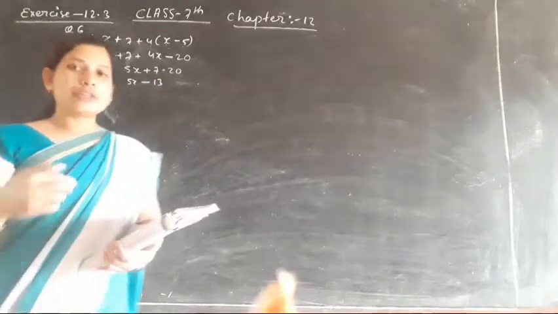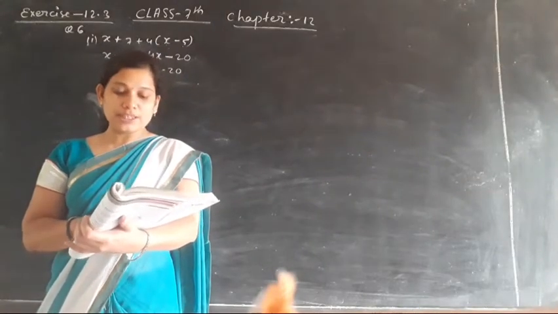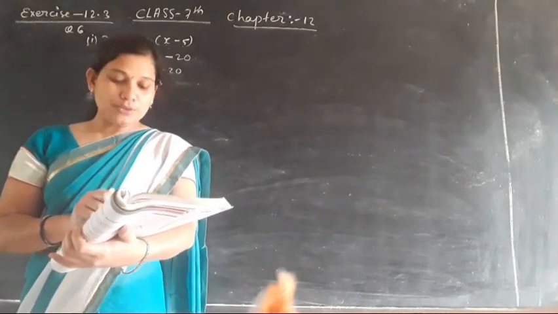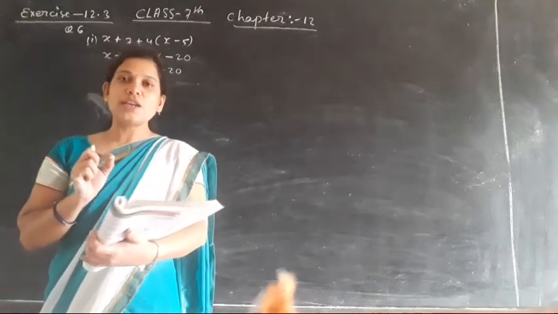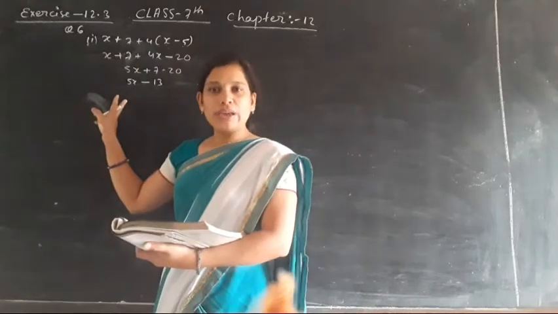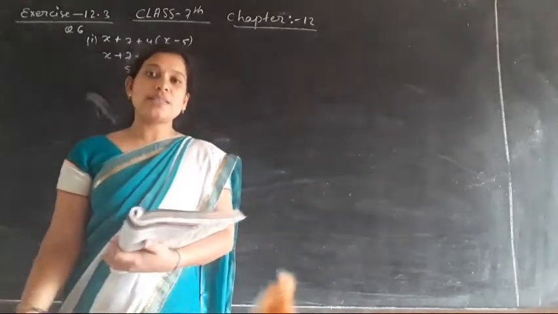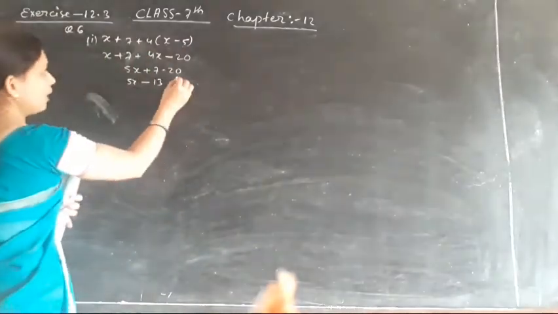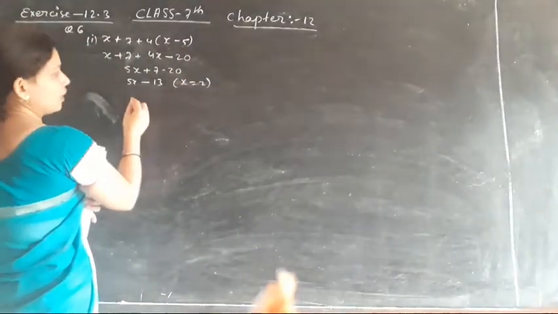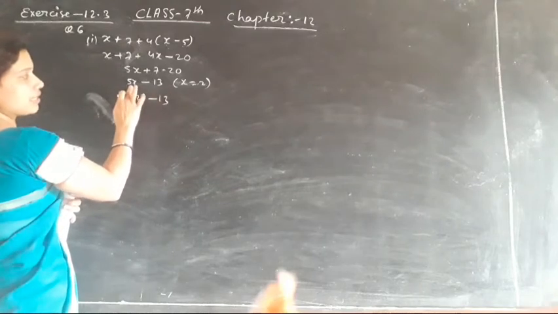So after doing the simplification of the equation x plus 7 plus 4 into x minus 5, ये जो इक्वेशन है इसको इस इक्वेशन को सिंप्लीफाई करना है, जैसे मैंने यहाँ बोर्ड पे किया. ओके, सिंप्लीफाई करने के बाद यहाँ पर बोला गया है फाइंड इट्स वैल्यू इफ x इज इक्वल्स टू 2. अब इस इक्वेशन में x इज इक्वल्स टू 2 पुट करके सॉल्व करना है. तो 5 into 2 minus 30, x की जगह पे 2 पुट करना है.